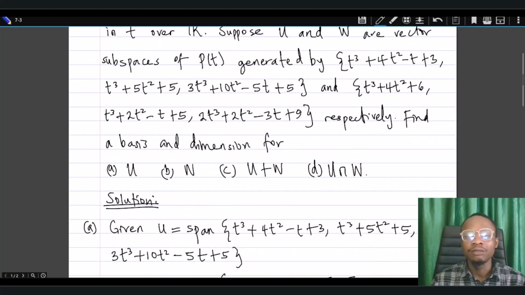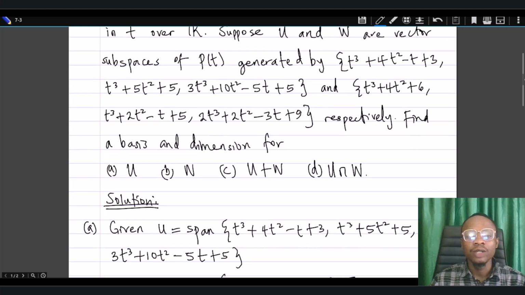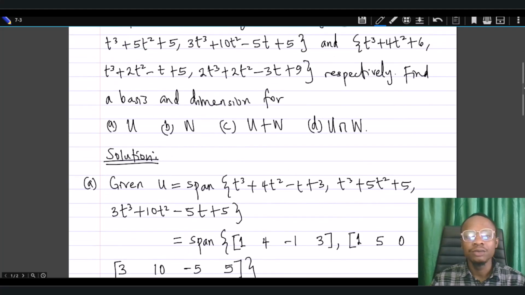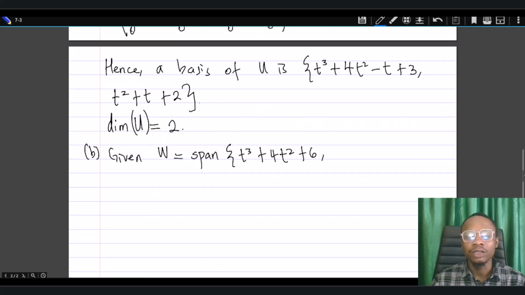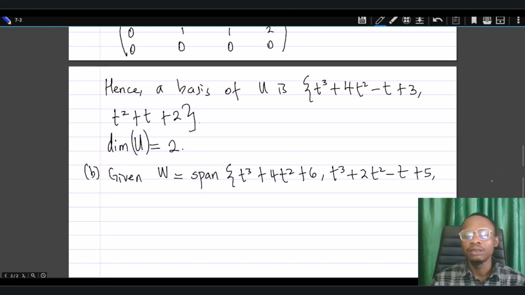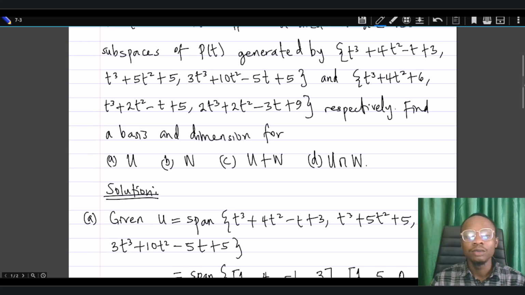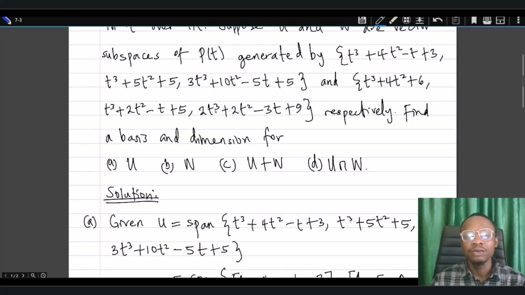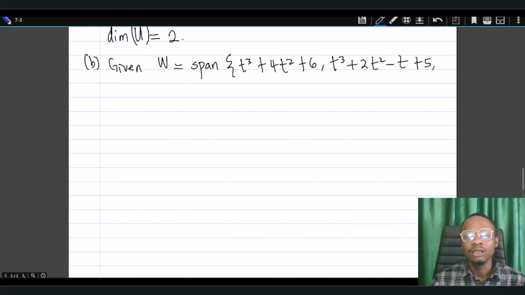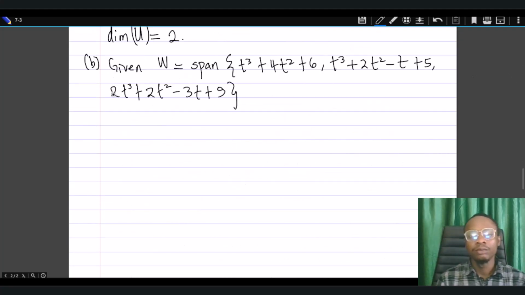Then we have t cubed plus 2t squared minus t plus 5. T cubed plus 2t squared, so minus t plus 5. Yep, we're good. Then 2t cubed plus 2t squared minus 3t plus 9. 2t cubed, right? We're good. So we know that it is spanned by these vectors, and we can also put that in this form such